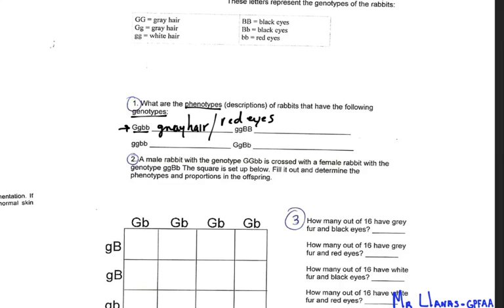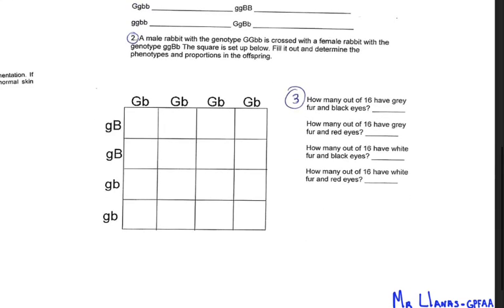That's what you have to do. So go through all those and look at the genotypes, give me the phenotypes. Okay, now on the bottom of the page, we'll go ahead and start with this. You have to complete the entire Punnett square. Okay, and I'm just going to show you a couple, and then I'm going to show you how to start looking for this. Okay, but you got to look at the patterns that you see. Okay, so this one would be